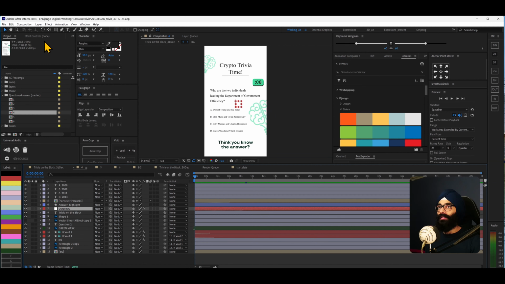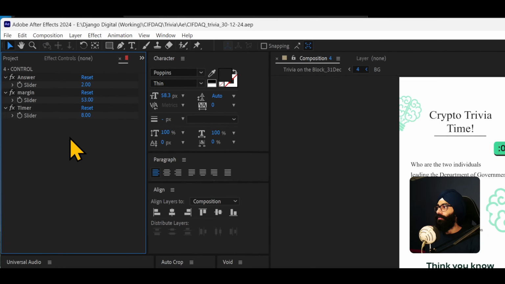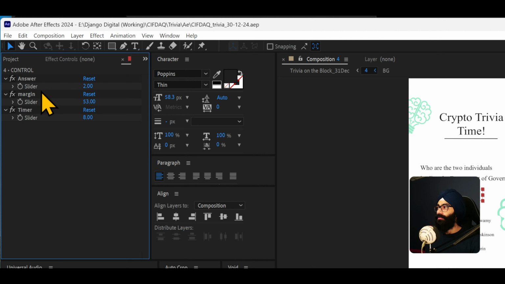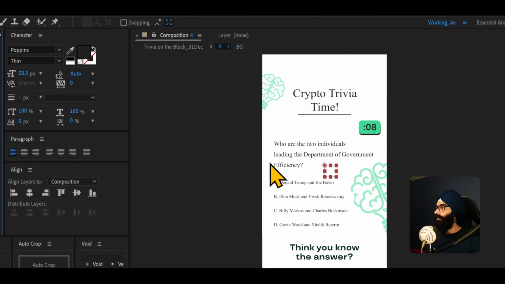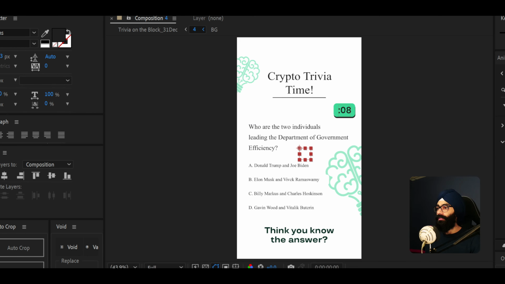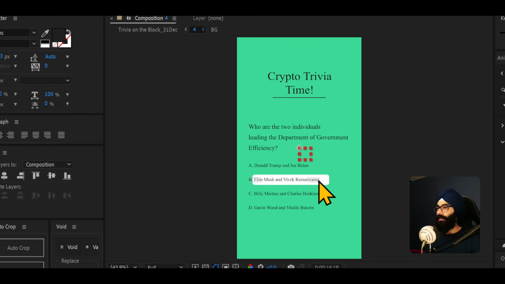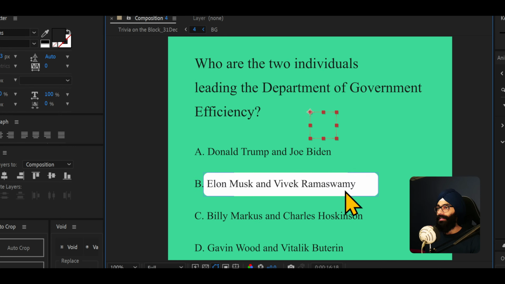This control layer has some effects on it, which you can see right here. There are 3 slider layers: answer, margin, and timer. Okay, margin is not so important. It is answer and timer which are important. Answer is the slider value which will tell this composition which answer is the right answer, and basis that there's going to be a rectangle positioned at this place.